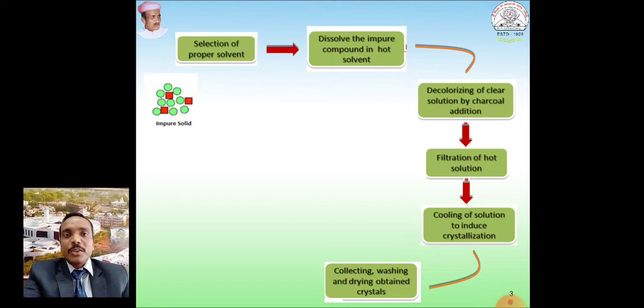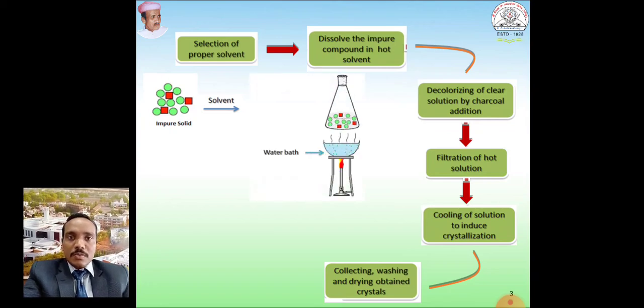This is a diagrammatic view of what I have just explained. This is a mixture of impure solid compound which contains the green and red molecules you can see here. The first step is to choose a solvent based on the boiling point. At that particular boiling point, this compound may get dissolved.